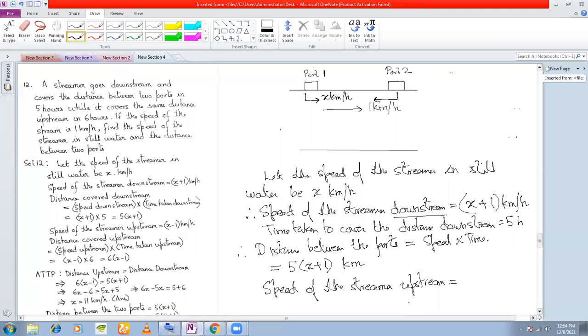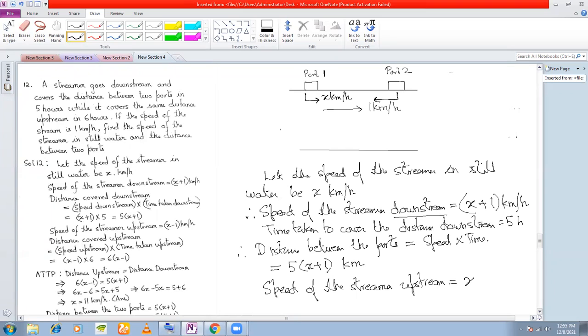If it is going against the flow, suppose you are swimming against the flow of water, then you have to be faster than water to move ahead, isn't it? Common sense. Similarly, for a streamer to move ahead, its speed must be faster than the speed of the water. The streamer is going against the water, so the water is trying to block it and will make the streamer slower. So by how much will it make the streamer slower?